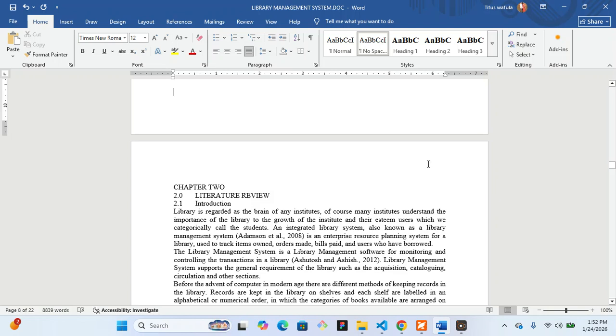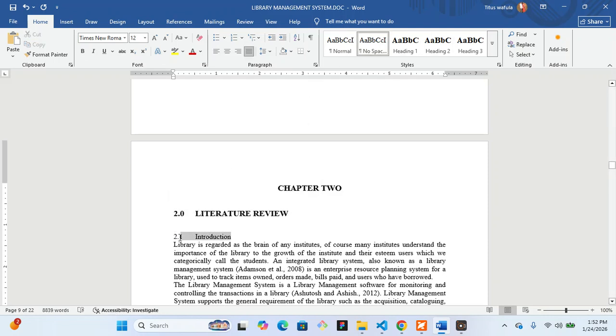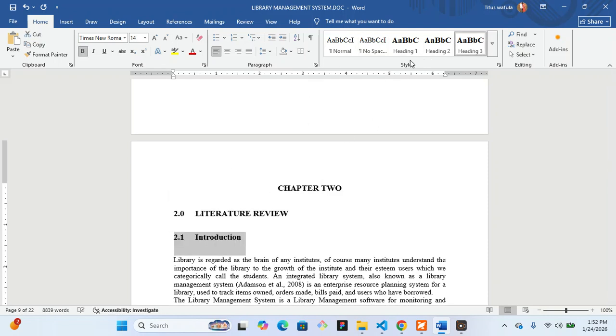you just proceed with the same. So if, for example, you come to chapter 2, you need just to make this one your heading 1, depending on how you formatted your document. See, this is my heading 1, then I can say that this is my heading 2, and then I can also say that this is my heading 3. All these headings are within this section of styles. So just pick the one that is suitable for your